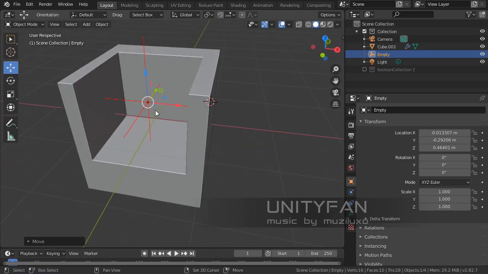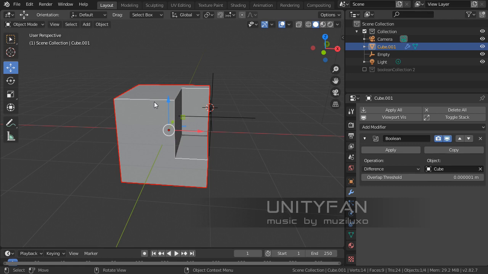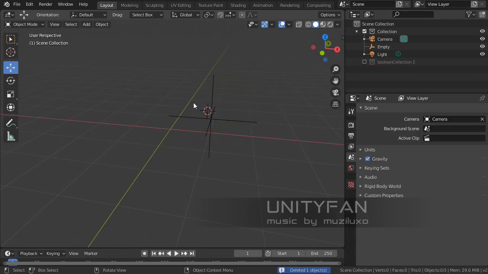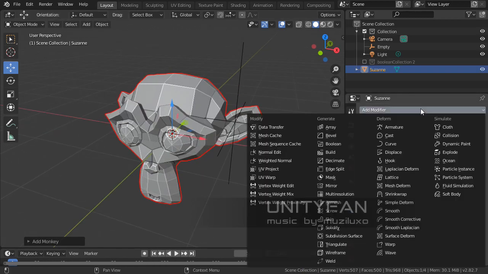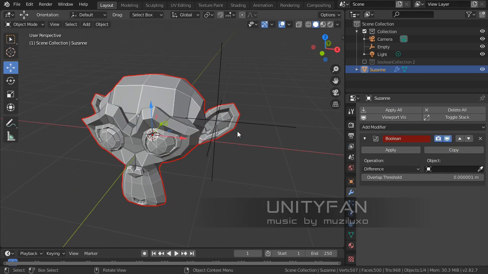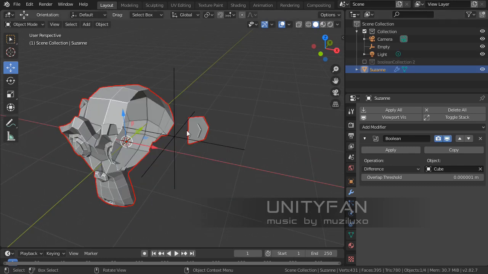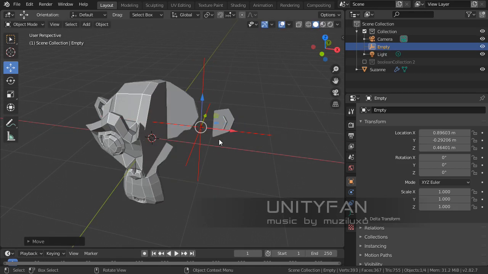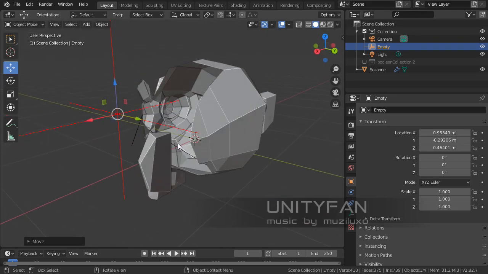And as I told you, and as I was trying to show in a previous example, it doesn't work very well on complex geometry yet. So if we open the Suzanne and add Boolean modifier to it, and reuse this cube for the Boolean, we can hide it. At some areas it works, you see, but at some areas it just cut it,